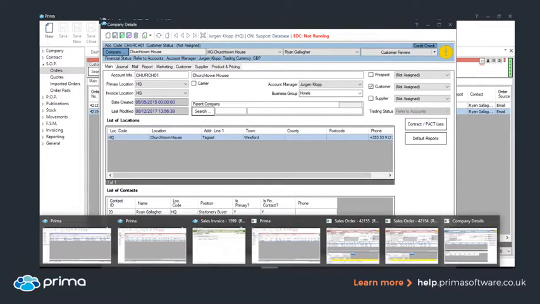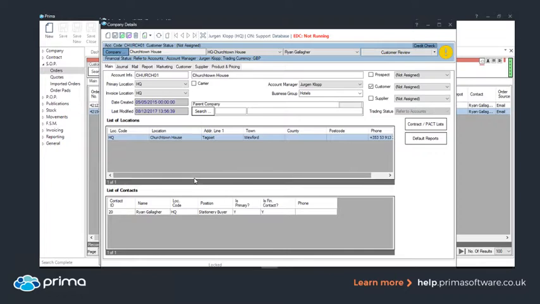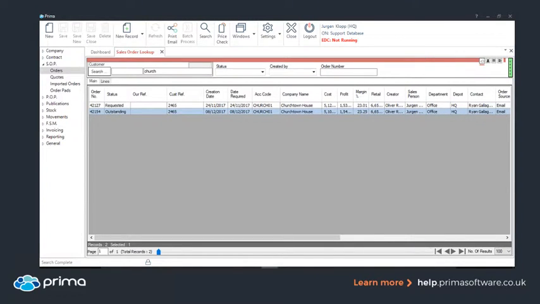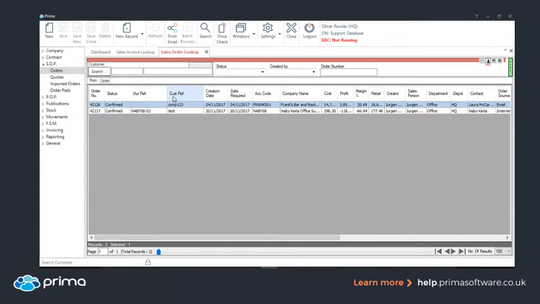So I've got a user in here, which is Ollie Rolls. I log in. Sorry, I'm just on a different screen. I jump through as Oliver Rolls. Oliver Rolls is the credit controller, and what would happen is, for that account, for Churchtown, if I find them now,